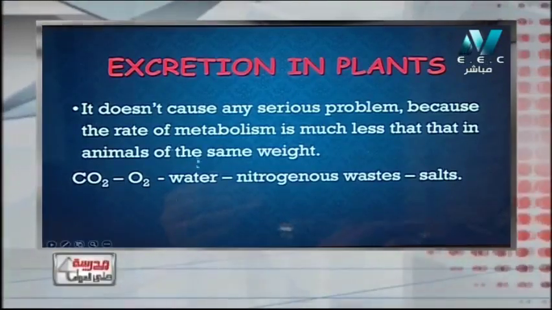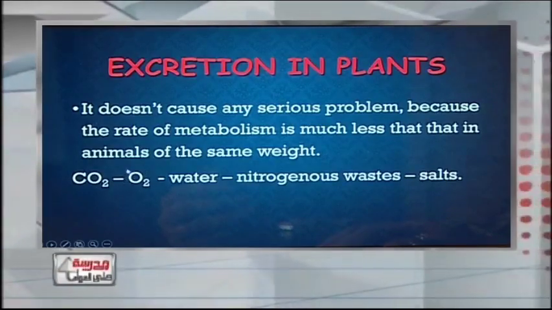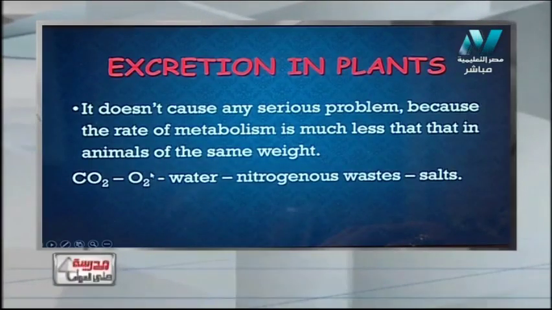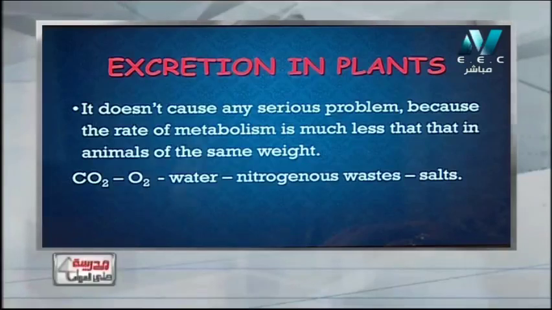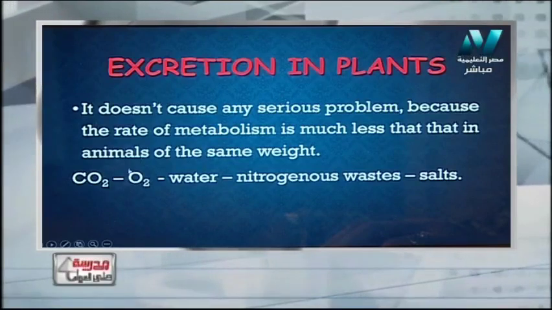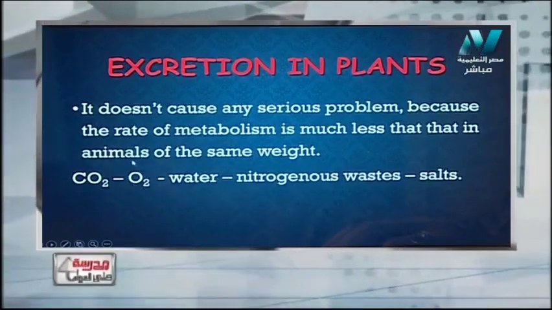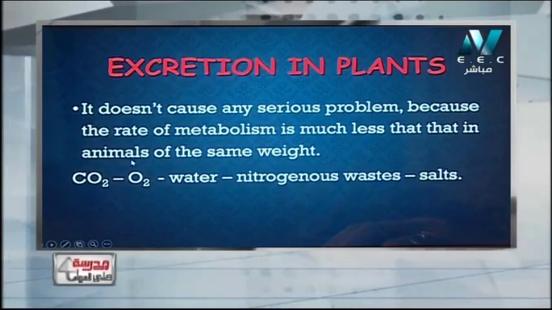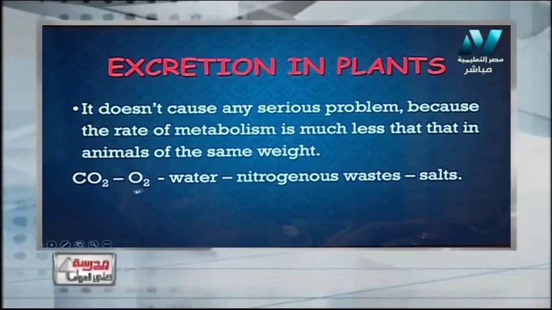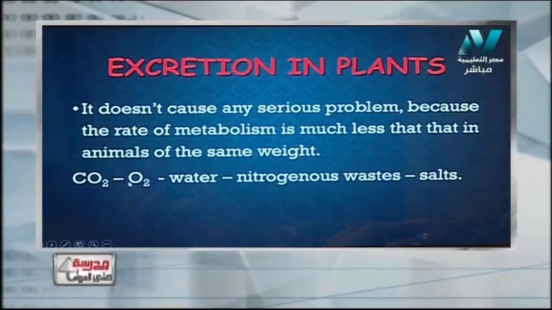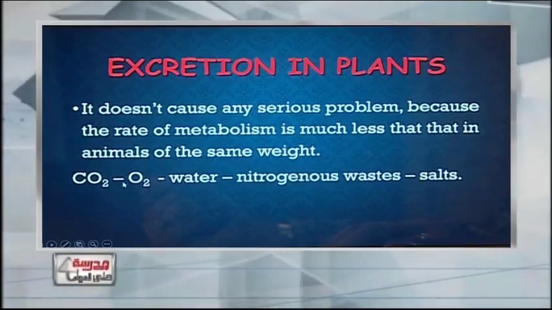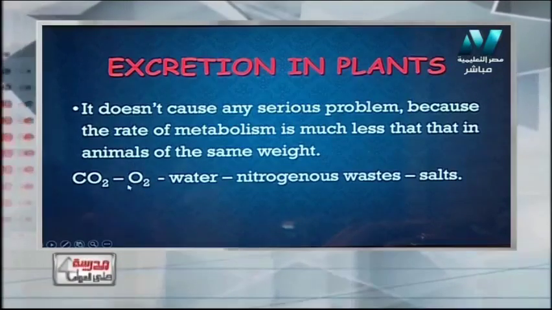But during photosynthesis, the plant produces oxygen. Yes, that's right. So the plant can either use this great amount of oxygen in respiration or let this excess oxygen go out through stomata with transpired water, to be expelled out of the plant through this device, which is a stomata. So the excess amount of oxygen can go out of the plant through stomata.